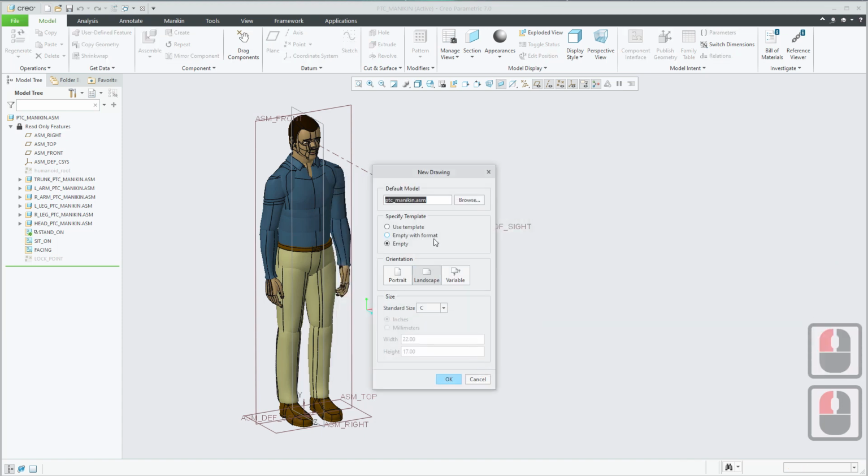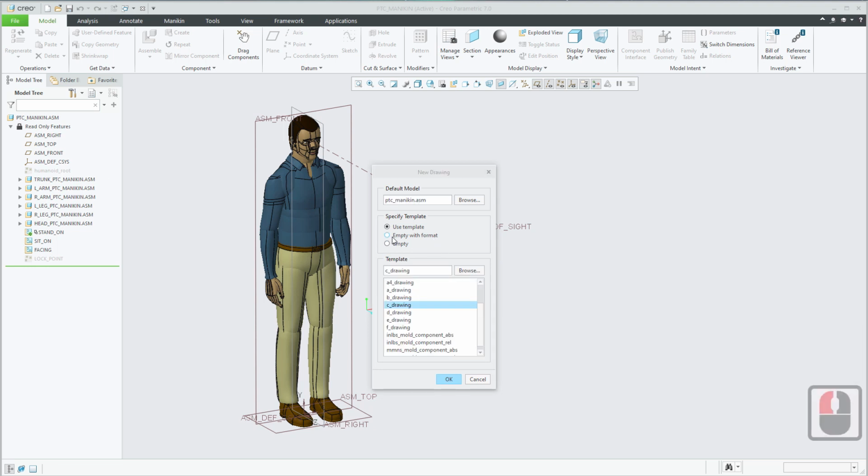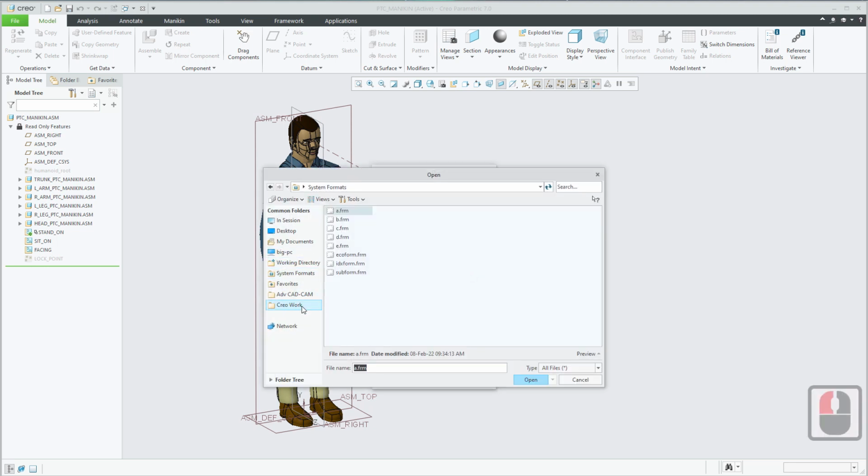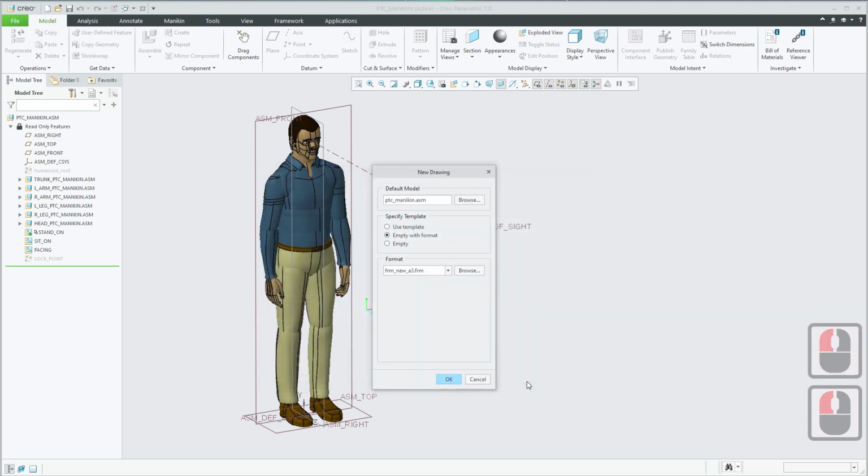So then I'll click on OK. And in the last session we created a format file for our drawings. So we're going to recall that drawing format in this particular example. So I'm going to select Empty with Format, and then I'm going to browse and find my A3 format that I created last time. So open that,